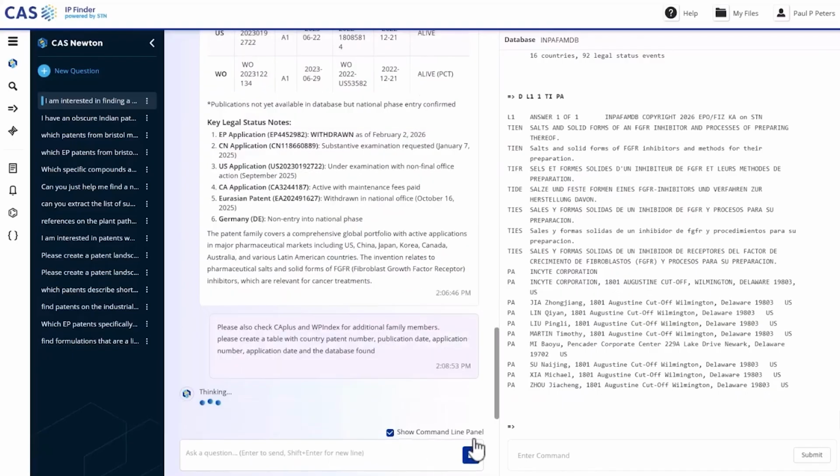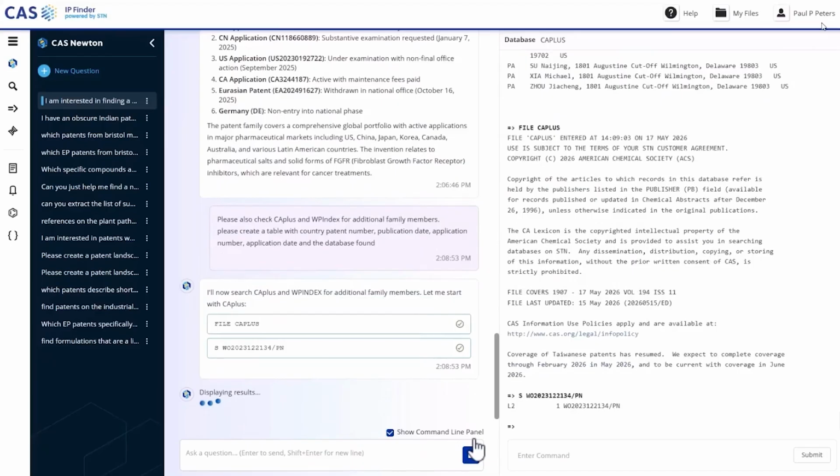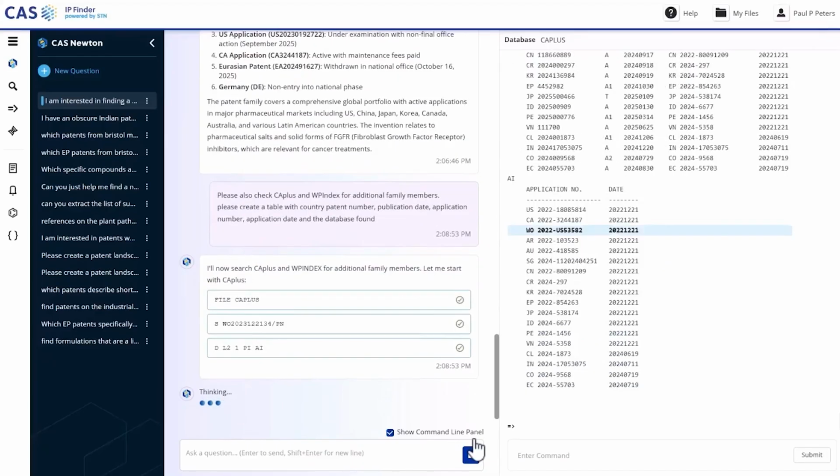So let's have a look. I can certainly provide additional information that sets the boundaries of what I'm expecting, maybe a specific format, a specific overview, and so it is going to run those searches here in CA Plus. It displays the information,